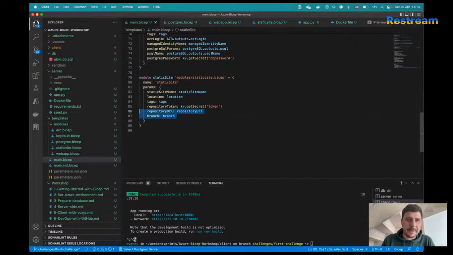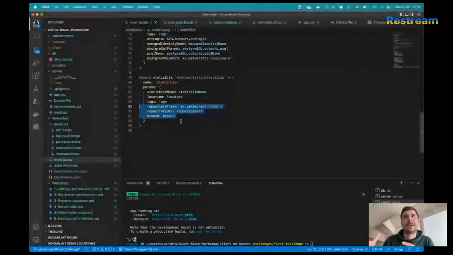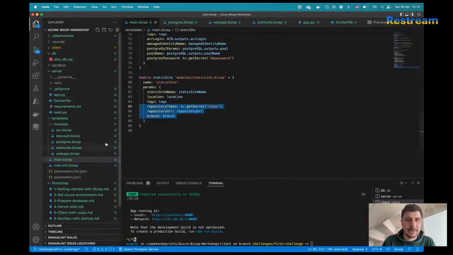So those three parameters that you define are the parameters that will help the static sites resource understand the content. And the static site resource is smart enough because it understands what type of application you have there, and it also provides the steps to build this application. So the reason why we specify the token,